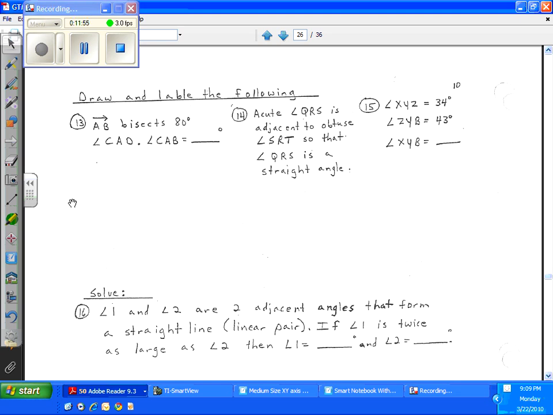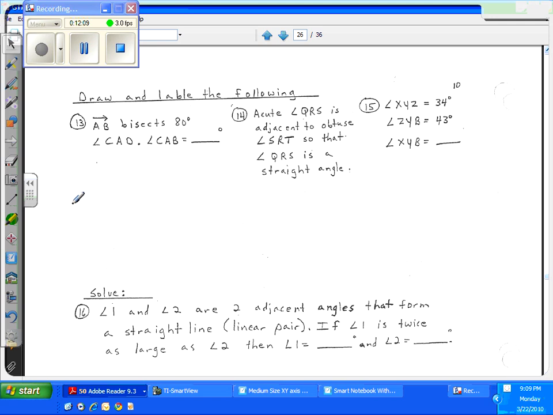Now we're getting into drawing and labeling, and this is a little bit difficult for me to do exactly, so I'm going to kind of hand draw some of this to help you have a visual of how I want this done. It says ray AB bisects an 80-degree angle. If we were going to draw an 80-degree angle, then we would begin with a ray. Because an angle is a figure formed by two rays, we call this beginning ray the terminal side, and we could take a protractor